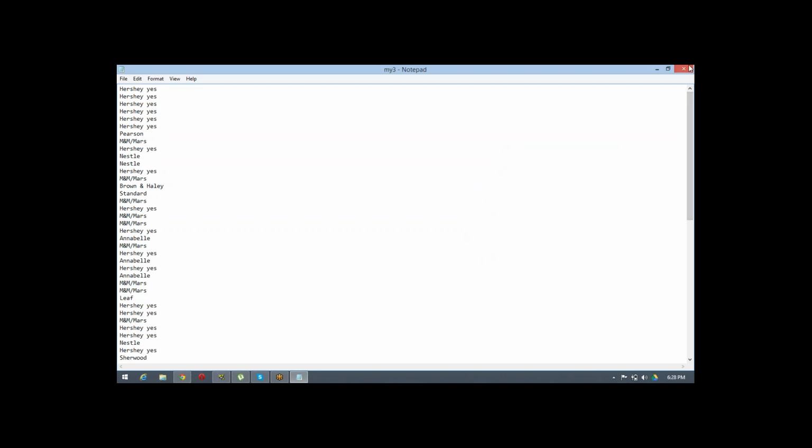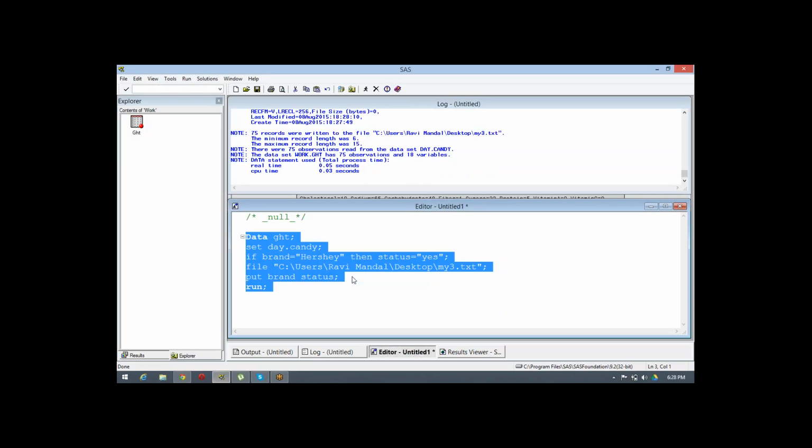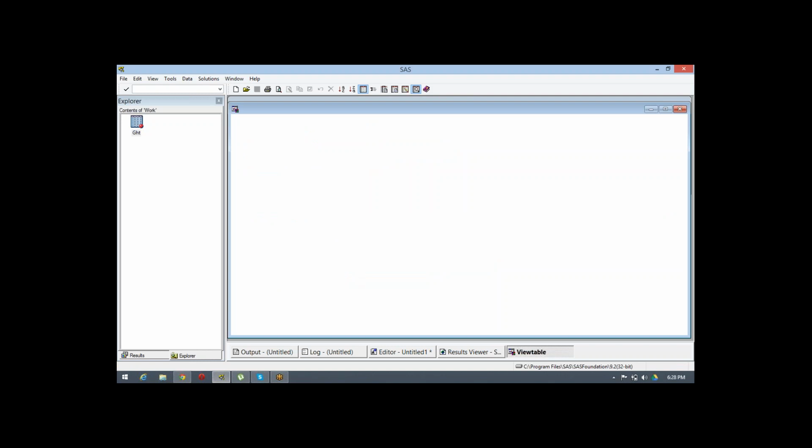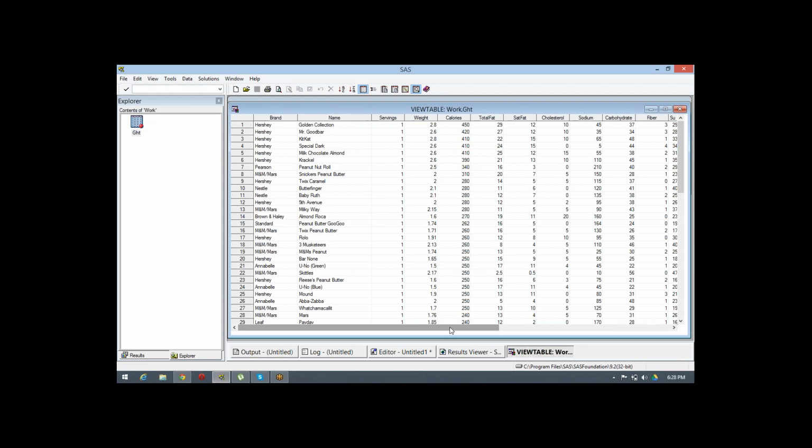Because now we are using a conditional statement, right? So that it gives a value of yes and no for everyone. Yeah, you can see what happened with this. Yes, a new variable got created, and we are reading a condition. We are applying a condition. If the condition is true for them, they are put as yes. For others, they are put as blank.